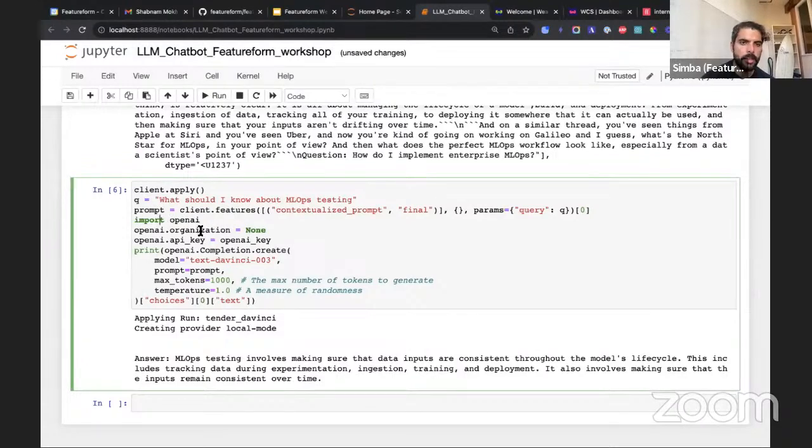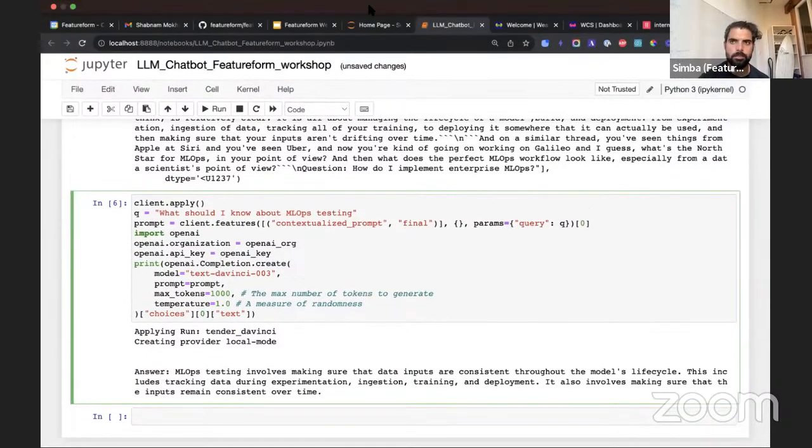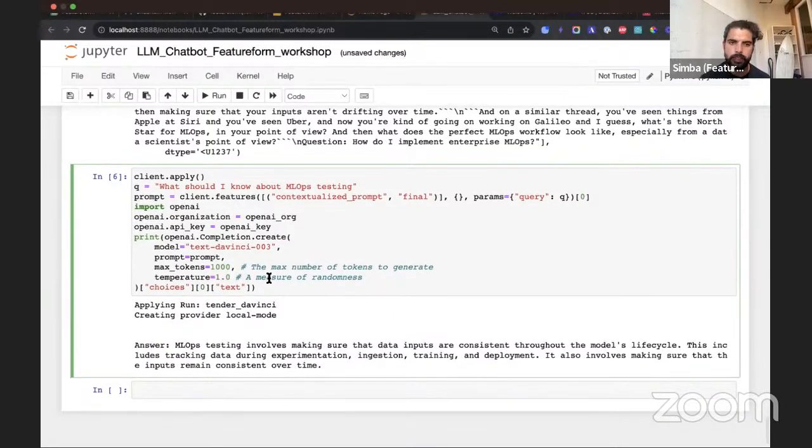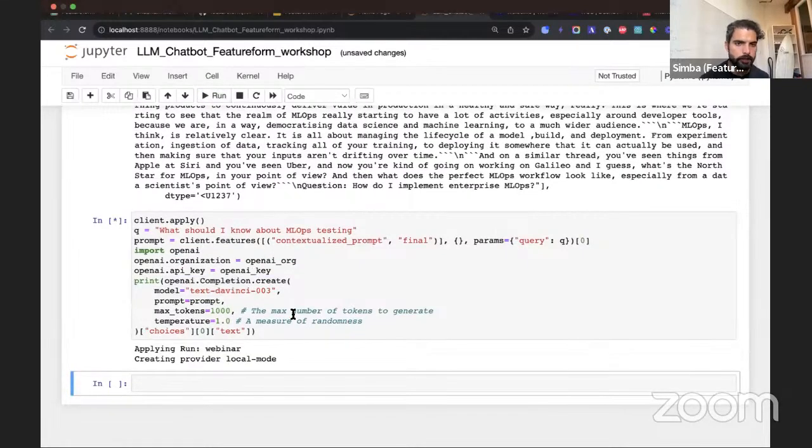When I import OpenAI, I set my organization and my API key. This should be OpenAI org and my API key. And then I create, so OpenAI completion, I create, this is using the DaVinci model, which isn't ChatGPT, but similar. And I give it a prompt. I give it max tokens, which is how much stuff it will print out. And then I can set the randomness. This is just OpenAI. So all this stuff is just OpenAI stuff. Featureform is just a way to build that contextualized prompt. So I can run this